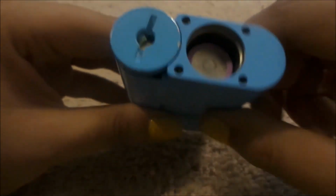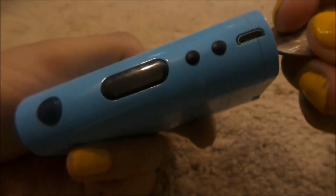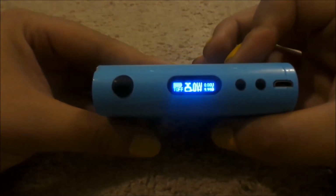So we will take our battery, and I'm just using a 30Q, pop that in there, and then you'll notice as soon as you get the battery in there and start screwing this in, the device will turn on. So the Kangertech comes on, and it is, as you see here, registering. My coil is all jacked up, but